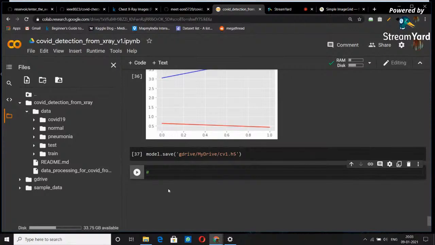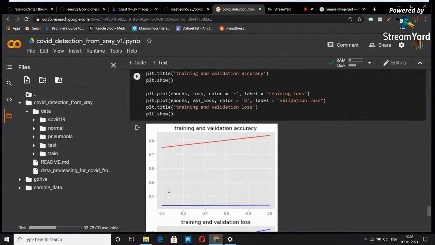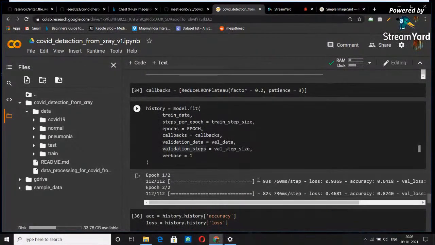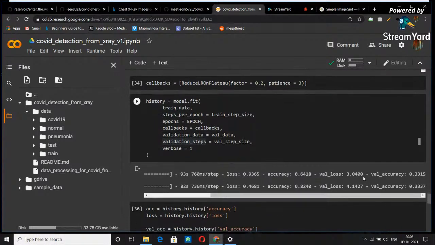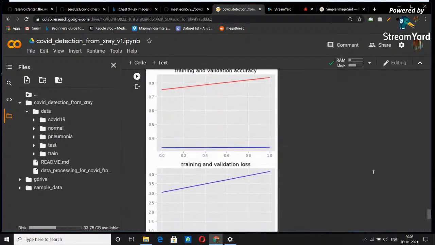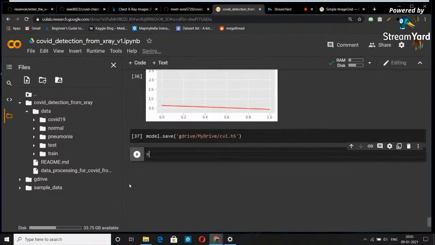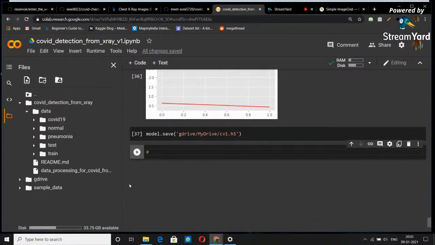We utilize it more often. As you can see, initially the accuracy is like 64% and 82%, and validation accuracy is very low. But if you utilize transfer learning, there are very large models like ResNet 50, Inception V3. These are all models that are pre-built and trained on the ImageNet dataset. And ImageNet is a dataset consisting of 80 different classes of real-life objects, and these networks are trained on that